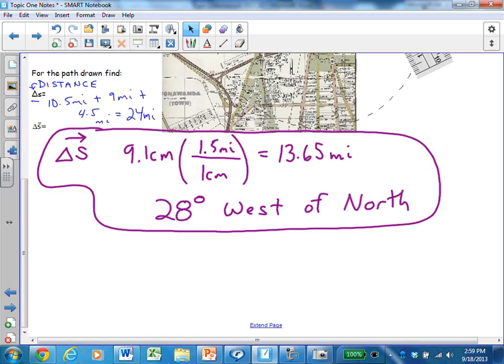I see some writers still, so we'll let people finish. How much different? If it was like 80 degrees west of north, we have a problem. Probably all right. It's graphical, so